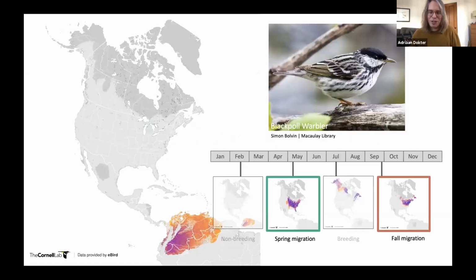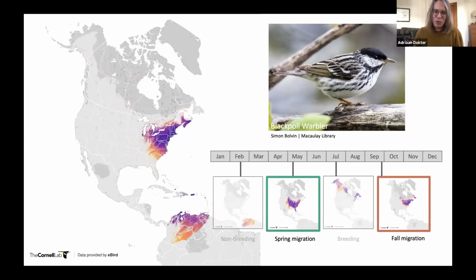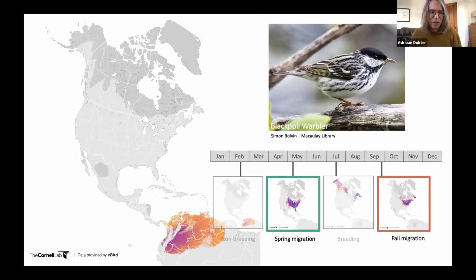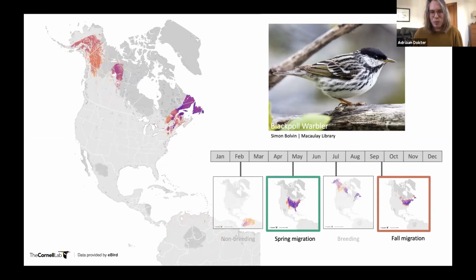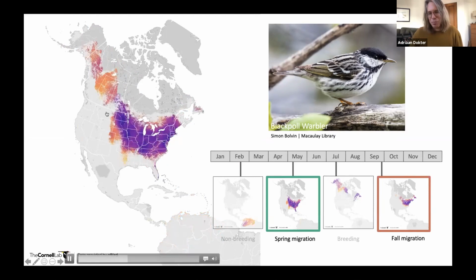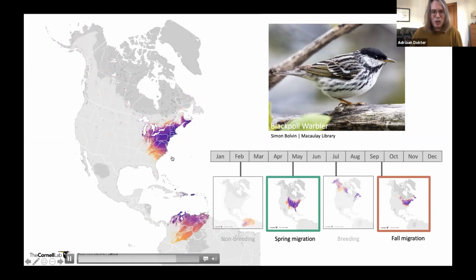And thinking to the future, for example, the blackpoll warbler, one of our steep decliners, a very good moment to sample these populations is during migration, when most of these birds are moving through our very dense network of eBird observers, and when they're not on the wintering ground where they're observed much less. And you start to see types of analyses that are very similar to what I've just shown you for the radar data, where we sample these populations during spring and autumn migration.